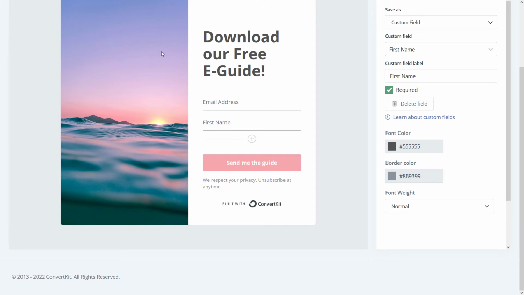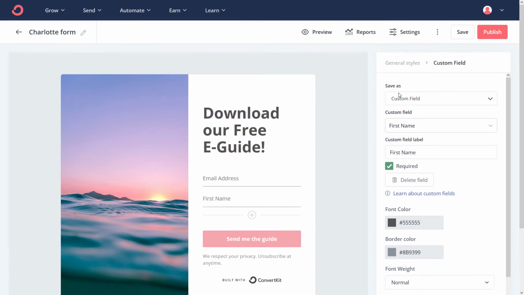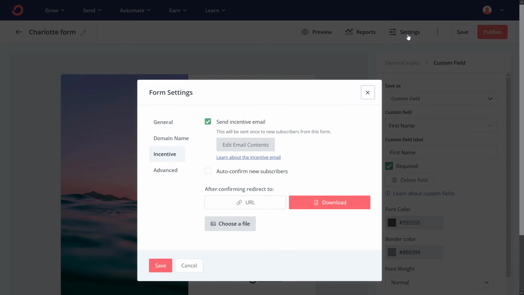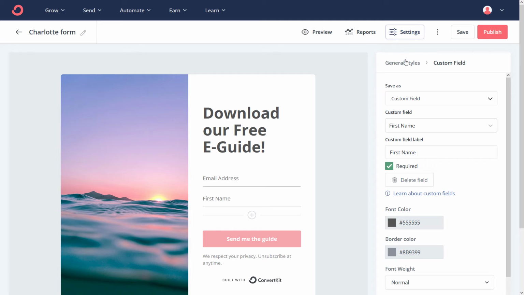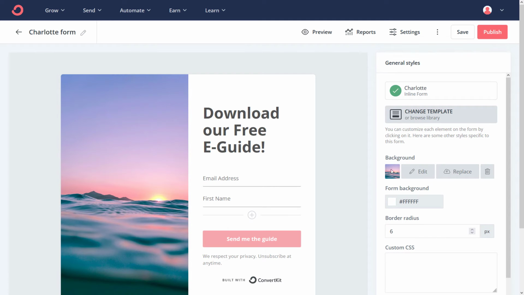We've edited our title, and we want to edit our image. So we're going to go back to settings, general. Sorry, I've gone a bit the wrong way there. So general styles, we come back, and we've got a background image here. We can go here to edit,